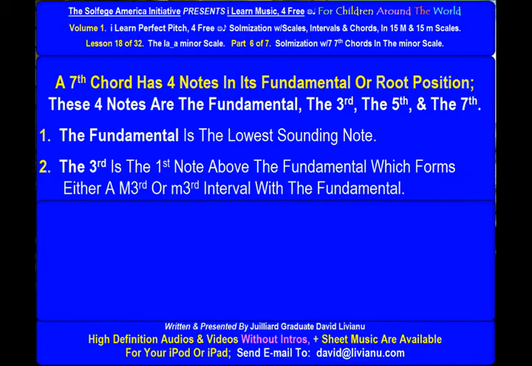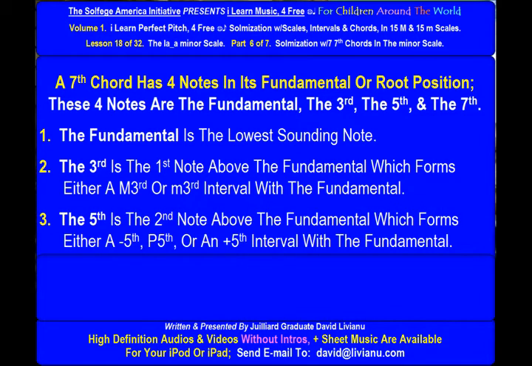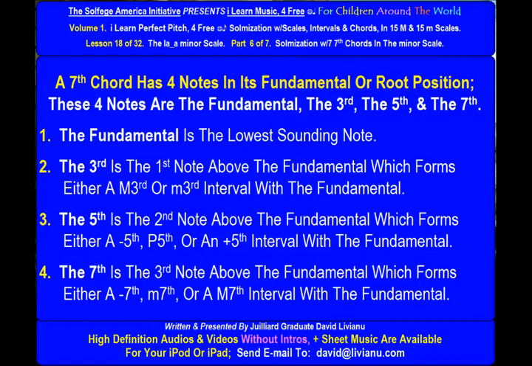The third is the first note above the fundamental, which forms either a major third or minor third interval with the fundamental. The fifth is the second note above the fundamental, which forms either a diminished fifth, perfect fifth, or an augmented fifth with the fundamental. The seventh is the third note above the fundamental, which forms either a diminished seventh, minor seventh, or a major